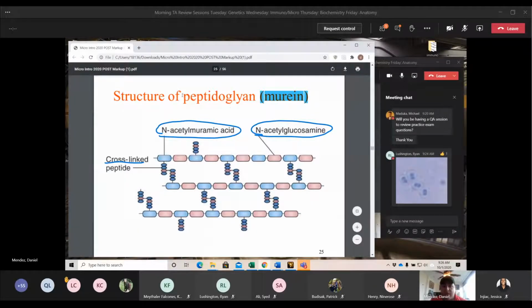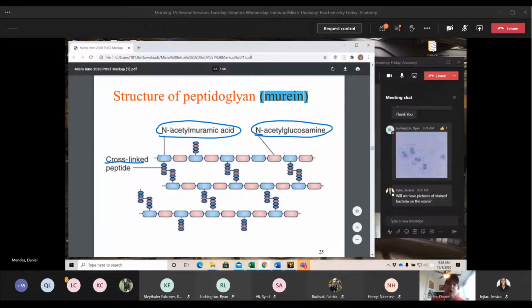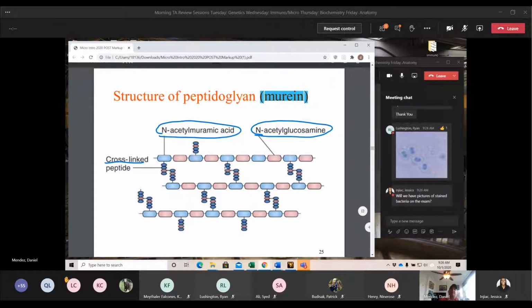The actual building of the peptidoglycan occurs when we have cross-links between different subunits of NAM. You can see here that we have a cross-link set up between this NAM and this one, then another one here and here. This is how the bacteria build that cell wall, by creating this cross-link. We'll get into it in a little bit when we talk about antibiotics, on what's actually allowing this cross-linking to occur, and how it can be interrupted.